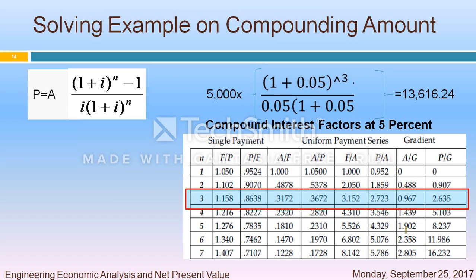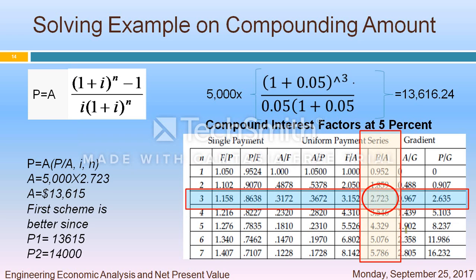So in this one, we're trying to find P. As we said, we have A, which is 5,000 per year. Okay, this is wrong actually. This should be P equal A times P over A. So this is P. We're trying to find P. So the value of P, which is P1 after applying the formula or notation, is